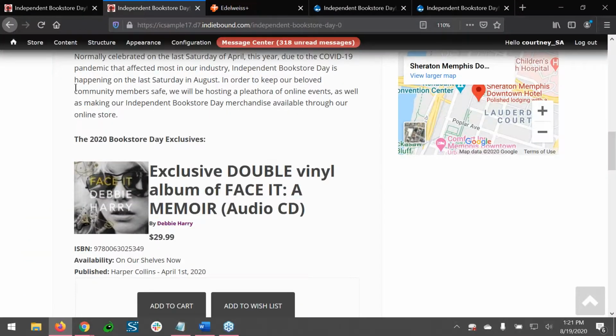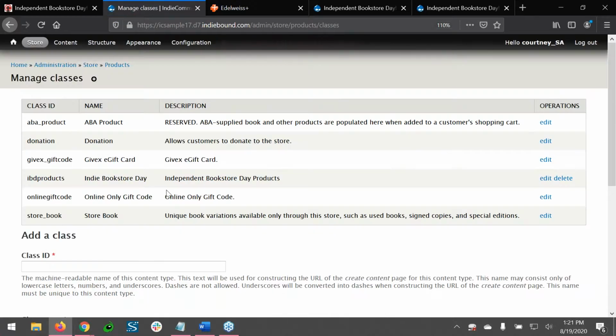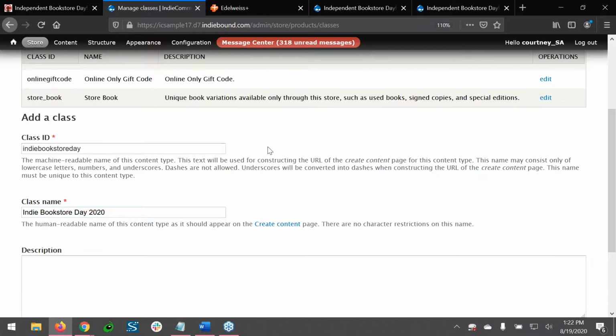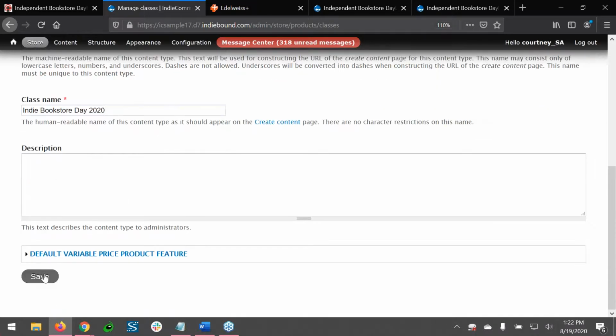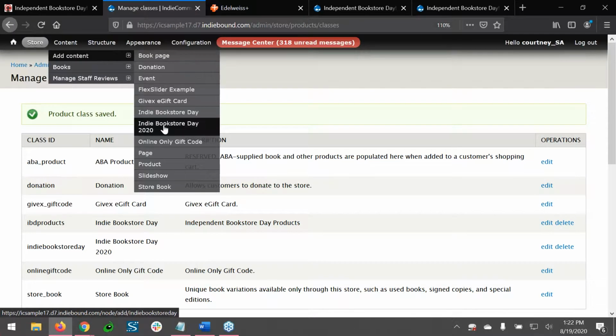So hopping back to IndieCommerce, we'll go to Store, Products, Manage Classes. And down here we have the fields to add a class. So we can just do Indie Bookstore Day for your class ID. And the class name is what will come up when you want to create a product of that type. So we can just do Indie Bookstore Day 2020. Description is optional. It's just something to help you further differentiate it from other classes you have. Go to save. And once that finishes, we will be able to go to Content, Add Content, Indie Bookstore Day 2020,